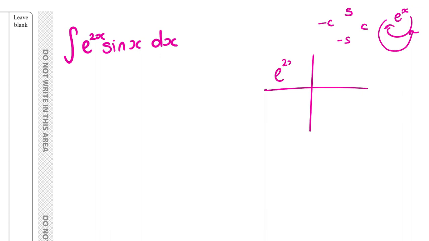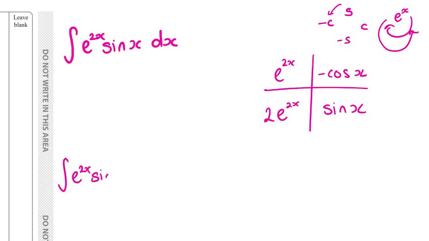E to the 2x here, and sine x here. So if we differentiate e to the 2x, we get 2e to the 2x. Integrate sine of x, we're going to get minus cos x. So guys, watch what I'm going to do to really help. The integral of e to the 2x sine x with respect to x equals